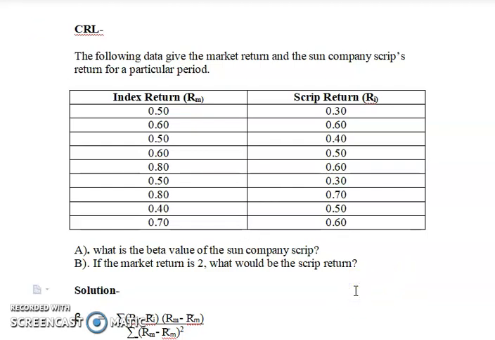When it comes to discussing the risk associated with every stock, no one can deny the importance of alpha and beta. These two measures are very important when we study the risk of individual scripts, right? CRL is the abbreviation for the characteristic regression line. It's a very simple linear regression model. Normally these are used to estimate a particular stock against the market index return, right?